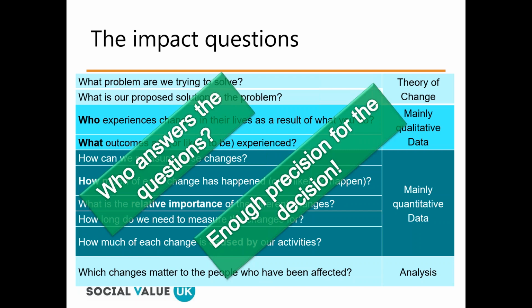The more impactful the decision, the more costly the decision to implement and reverse, the more precision we will require. If the decision is less impactful, and again perhaps less costly to implement and less costly to reverse if we need to do so, we will need less precision for that decision. But these questions provide a consistent set by which we can structure how we think about impact, but they can be applied with varying degrees of rigour, ensuring that the results we get, the evidence we receive, is fit for